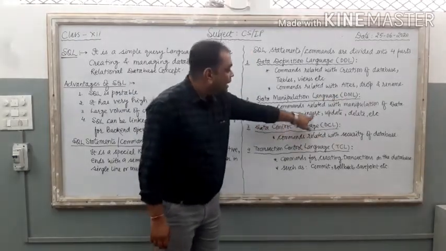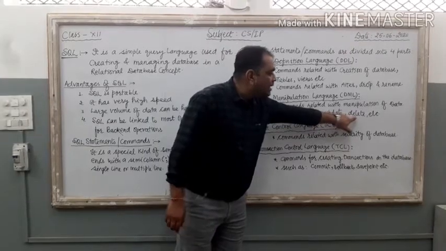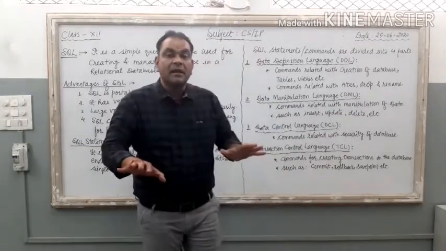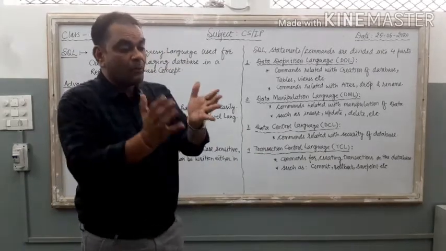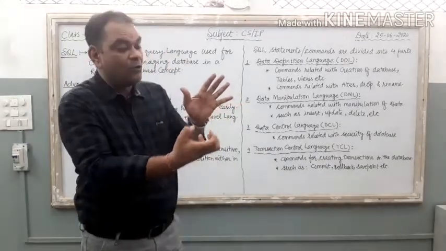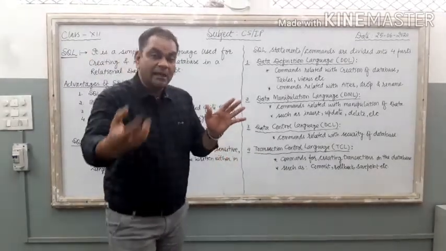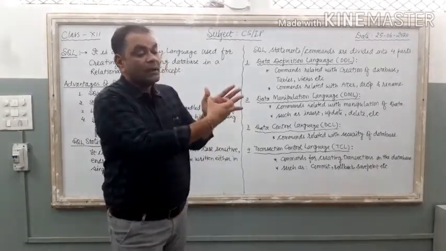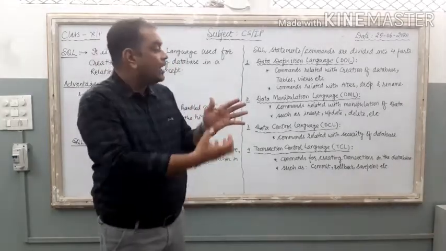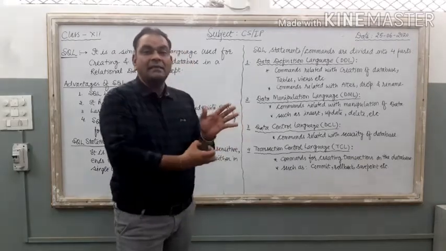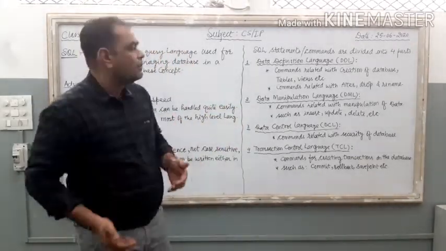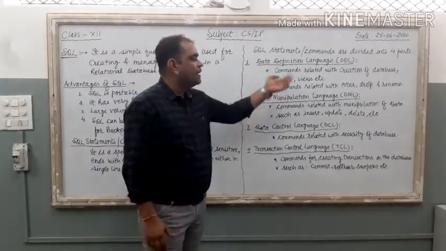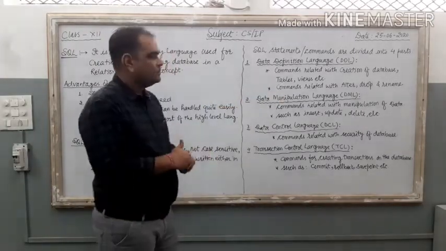Just see, insert, update, delete, these commands are related with the data that is there inside the table. आपको टेबल के अंदर का डेटा देखना है. If you want to retrieve the data based on a specific condition, आपको टेबल के अंदर का डेटा डिलीट करना है. If you want to update the data inside the table, then all these commands, about 25 to 30 commands, are under the category of DML. It is the second section.